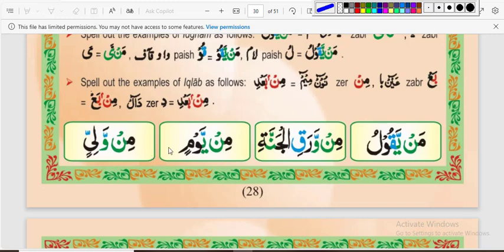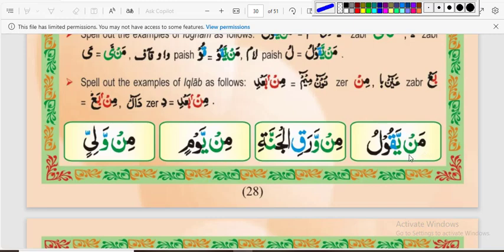Every word, the first word of the box, is having noon sakin. So we have to see the letter coming after noon sakin. Here after noon sakin, the letter ya is one of the yarmaloon letters, one of the 6 yarmaloon letters. So how do we say it? It is mim, ya fatha may. We are mixing up mim with ya. Mim ya fatha may, and then ya fatha ya,